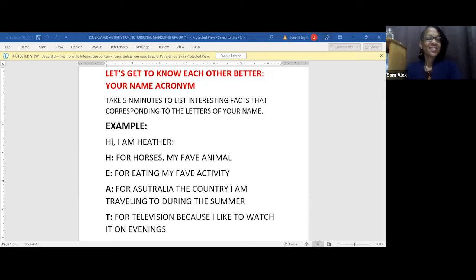T is for traveling, which I absolutely love. E is for embracing whatever life throws at me. S is for sweets that I often overindulge in. M is for humor that feeds my soul. A is for airplane, since I love to travel. R is for the romance that I long for. And I is for independent. Lovely. Thank you, Tishari.